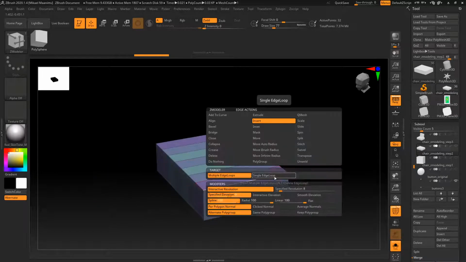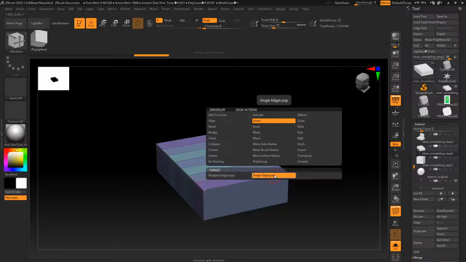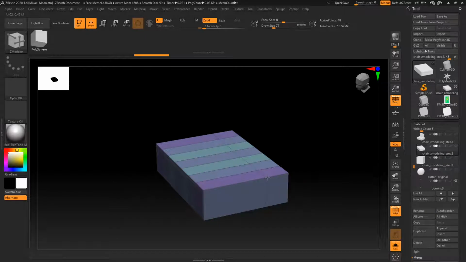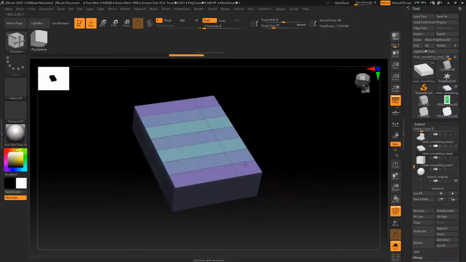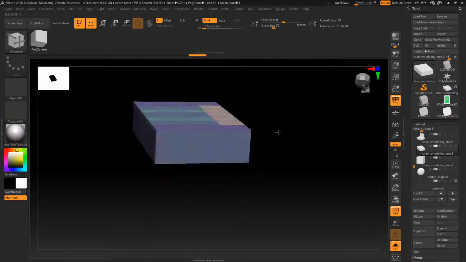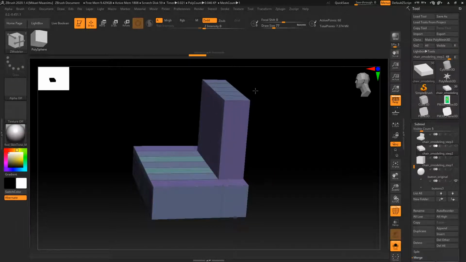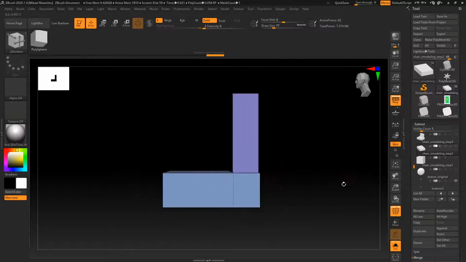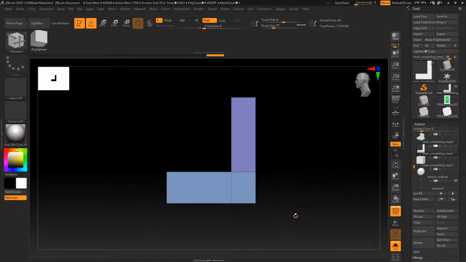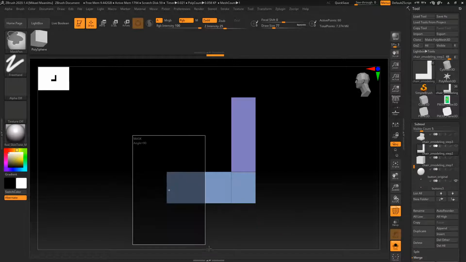Okay, then let's take the insert edge loop action again. This time a single edge loop, and I'll add it there, and then press the Alt key down to have temporary polygroup again, and then I'm gonna Q-mesh that. And perspective mode off, and I'm gonna